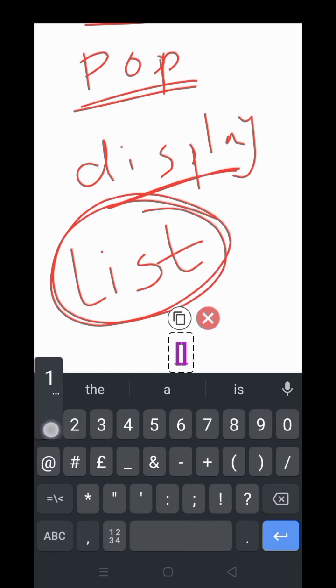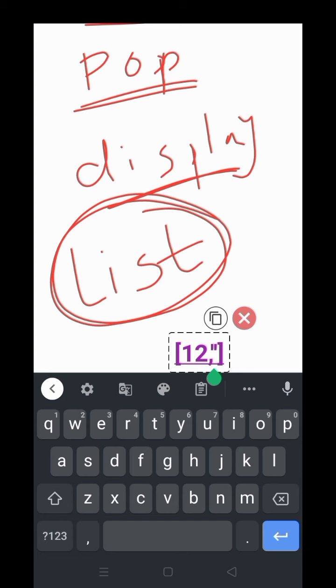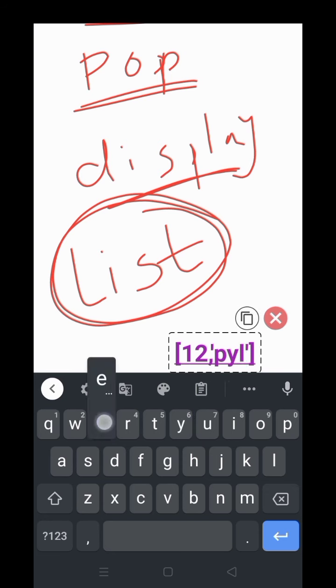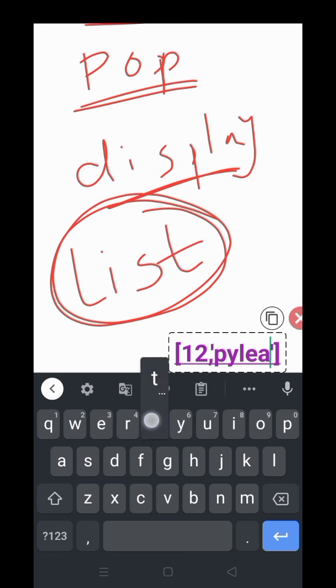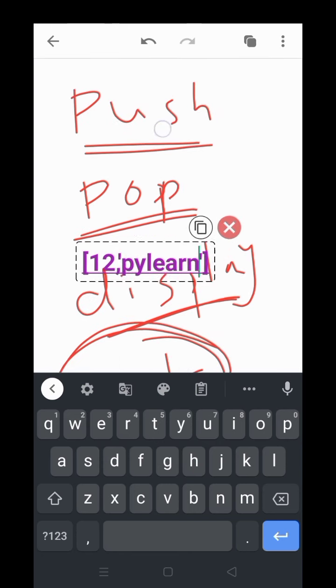If we insert 12, the next object is written after the comma only. You can see, we can write every object we want. You can write strings, or you can write dictionaries in it, and everything we want we can write in this list.